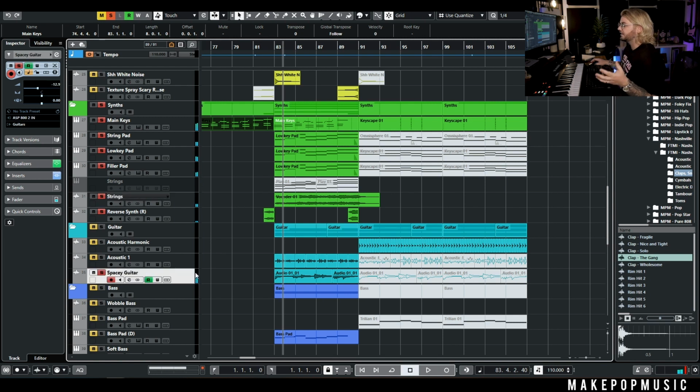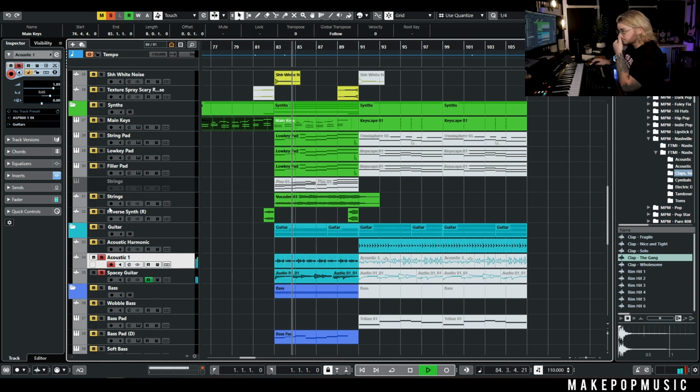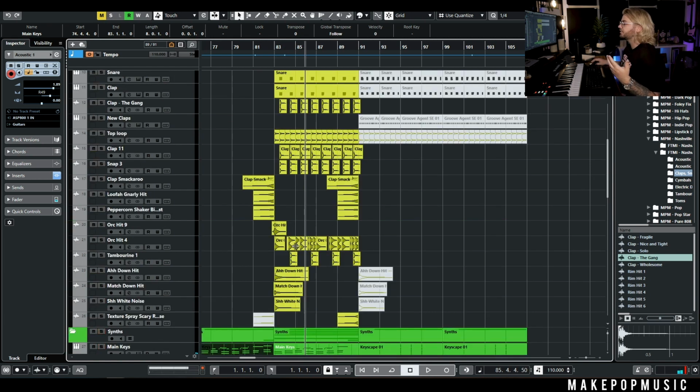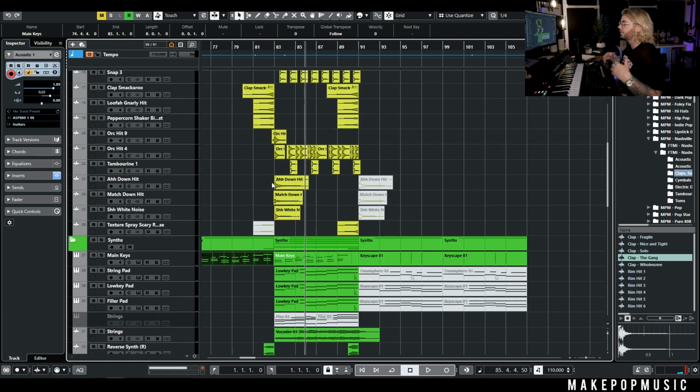And then I just pulled in this spacey guitar that we had used earlier in the song. Since it was just ambient notes and it's in the same key, I didn't really even rearrange it. I just thought it was a nice little callback, and it tied this bridge to the other part of the song, since pretty much everything else had changed. And so that's a really cool effect that we have on that. I also have the acoustic guitar from earlier in the song, and I just chopped it and rearranged it to the new progression. So we're starting to build up that musical bed so it feels really new, it feels novel, it feels big,